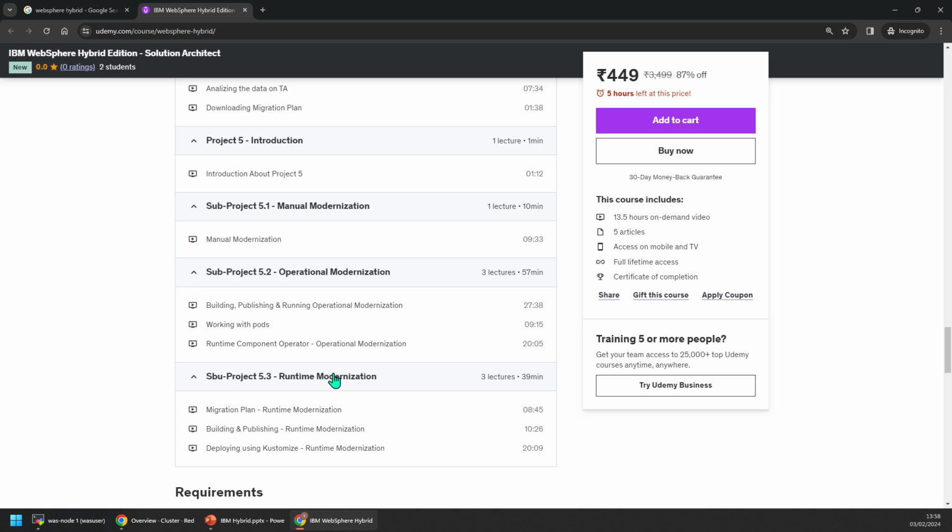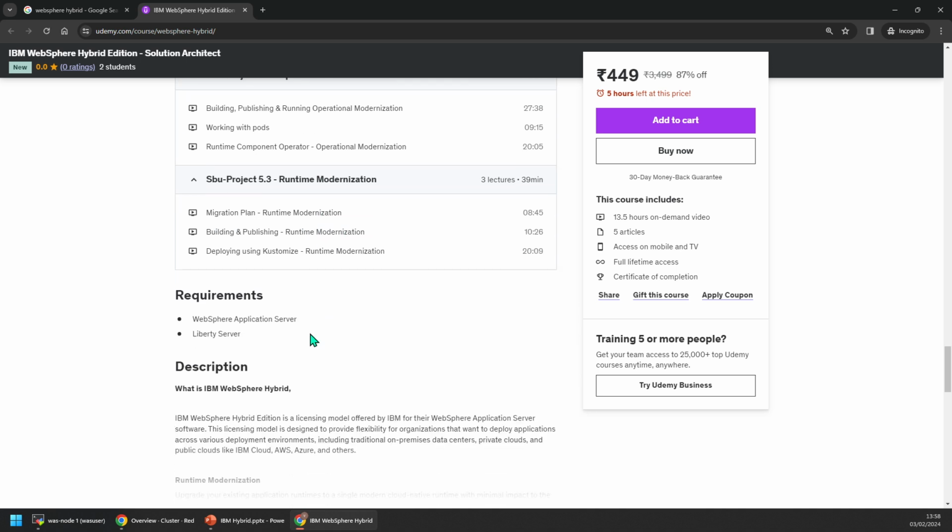Traditional and runtime modernization is all about getting your WebSphere Application Server and all your applications to Open Liberty or WebSphere Liberty, in which you're going to have the option of switching, or some kind of code manipulation is required there. That's where the developer would take care of that. Do ignore all the typos here because I see a lot of typos right now when I'm doing this video. But do not worry about the typos, I can correct that. But it's all about moving them from your existing WebSphere Application Server to a containerized, orchestrated environment. That's what hybrid is all about.